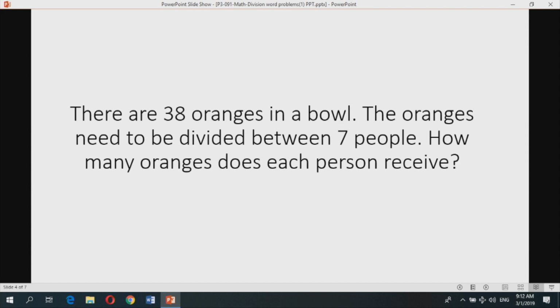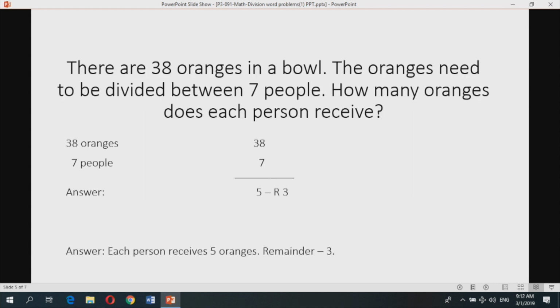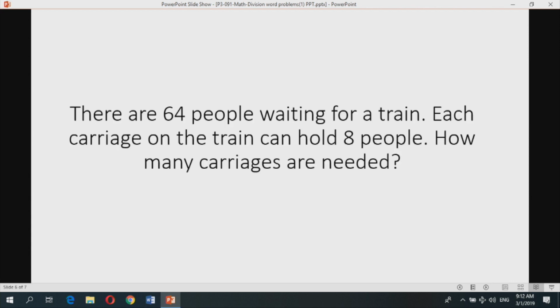There are 38 oranges in a bowl. The oranges need to be divided between 7 people. How many oranges does each person receive? And our answer, each person receives 5 oranges. Remainder 3 oranges. Because 38 divided by 7 equals 5, remainder 3. Excellent. And the final one, there are